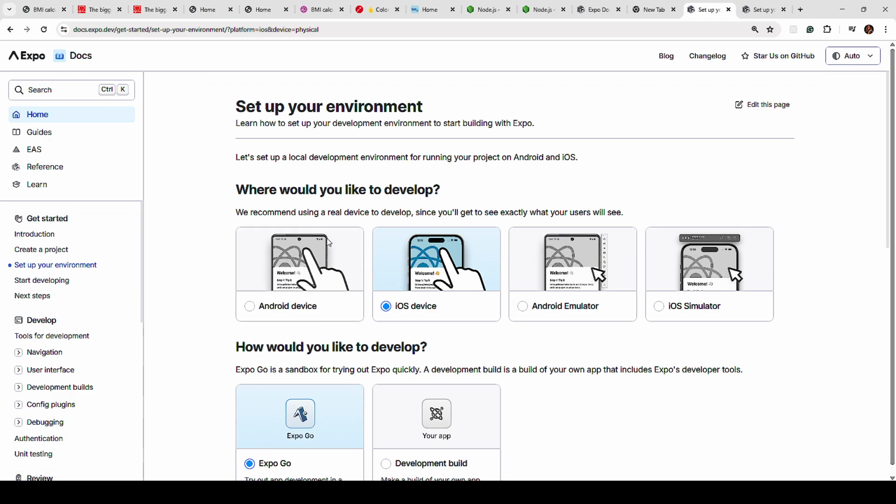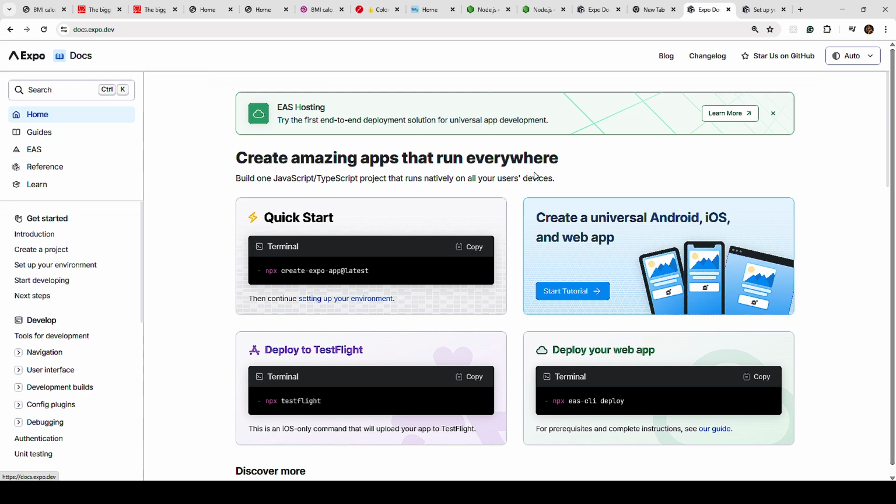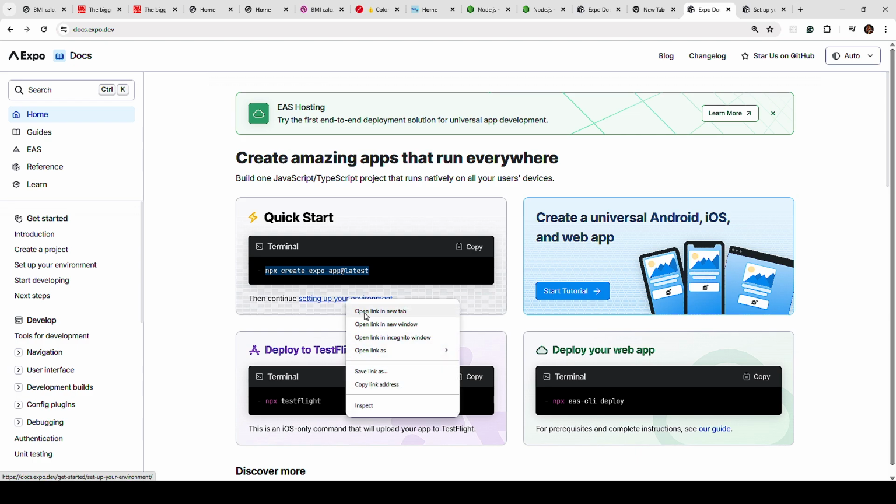Ukishai create your account, and then just come here, ukishai create account yako, come home here, and then you will see npx create, and then after that, ukishai type this one on your terminal, npx create expo app at latest, and then dash template, then blank dot forward slash, that on the same directory,